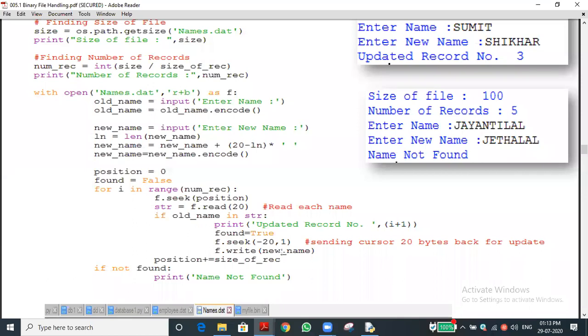Yes, sir. Okay. Before, I was saying the pointer is at 20, because we updated the things. Second, we read again 20 characters. After that read, the pointer will be placed at the 40th position. After the 40th position, the pointer will blink.